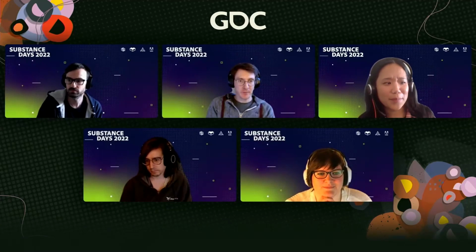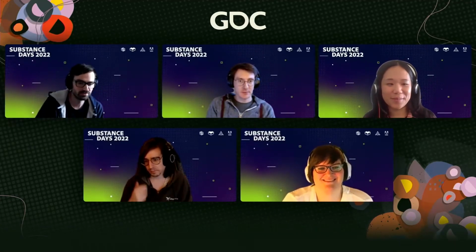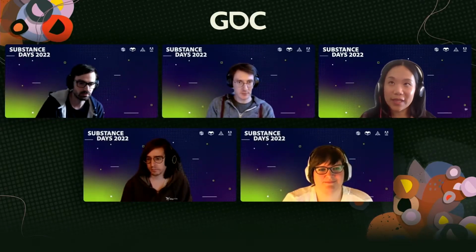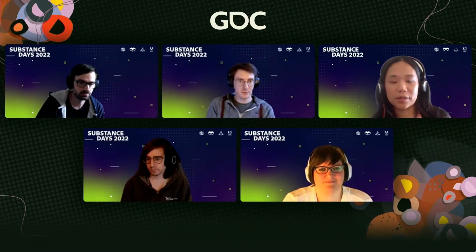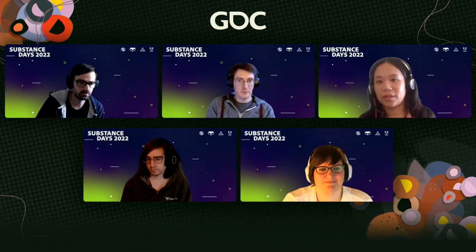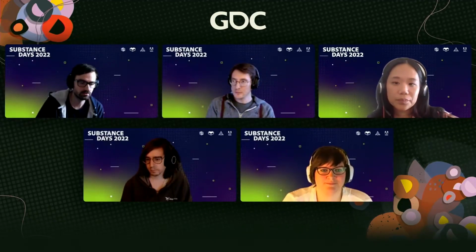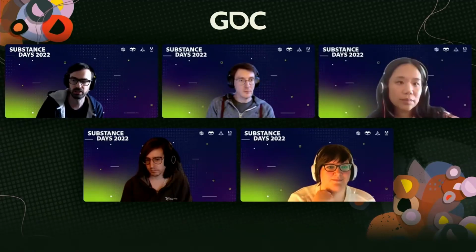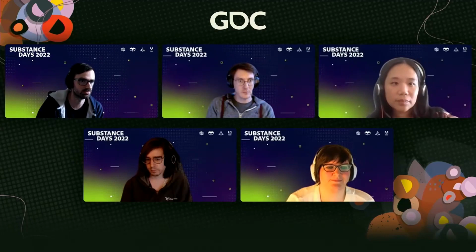For hopefully obvious reasons, we will definitely be working on an easy interop path between the other Substance tools, particularly Painter and Stager, and definitely live link is really powerful for a lot of use cases. And I think when it comes to ZBrush, having a link to ZBrush or an export to ZBrush is definitely something that we'd be interested in.